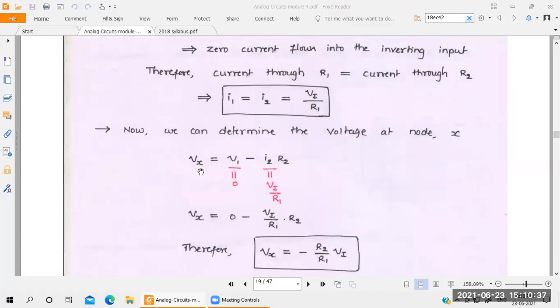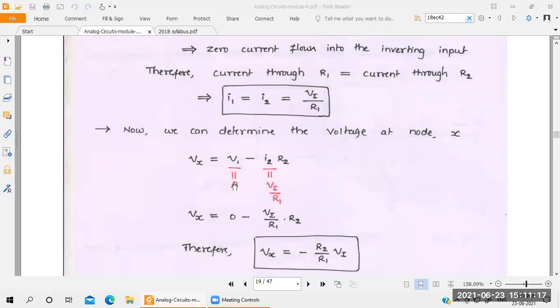So Vx is equal to V1 minus I2 into R2. V1 minus I2 into R2 means you have to take the difference in voltage. I2 into R2 means what here? It's a feedback voltage. Or you can take V0 also, but you can write according to the terms, that is I2 into R2 here. So you take the difference of input voltage and the current across the R2 resistance, I2 into R2.